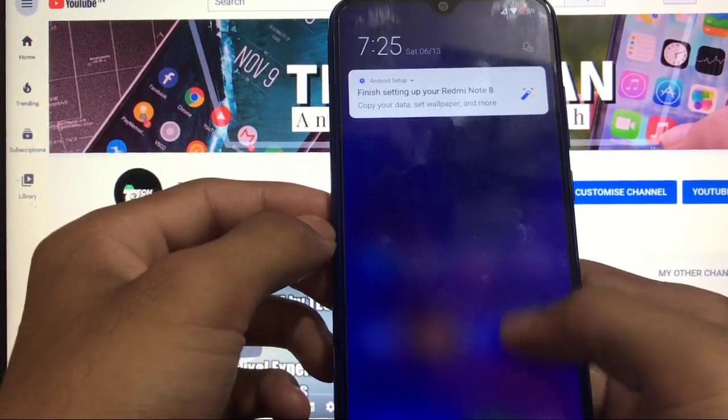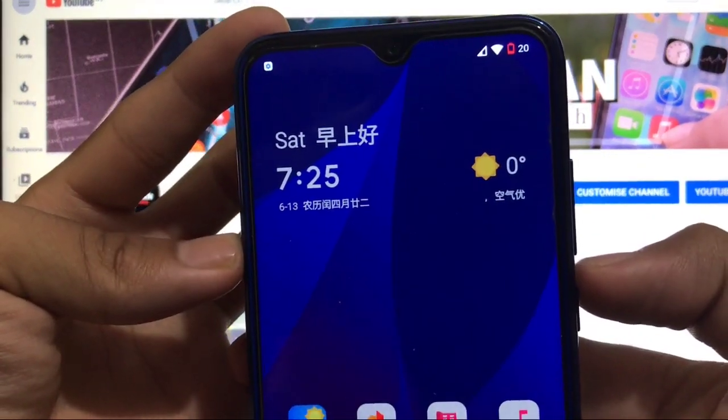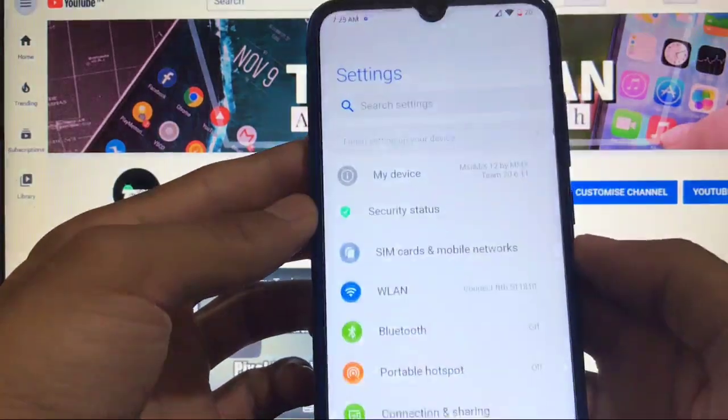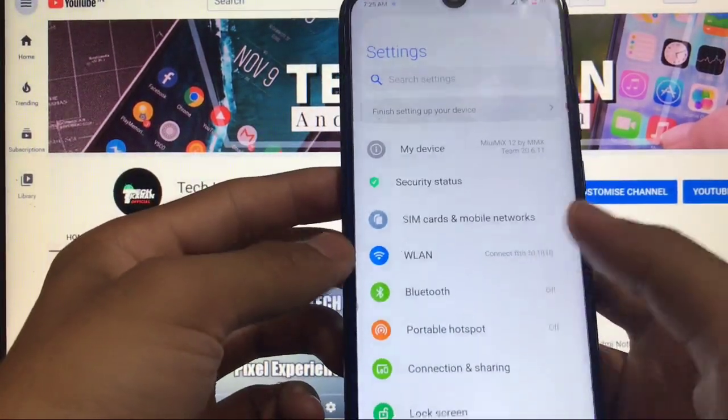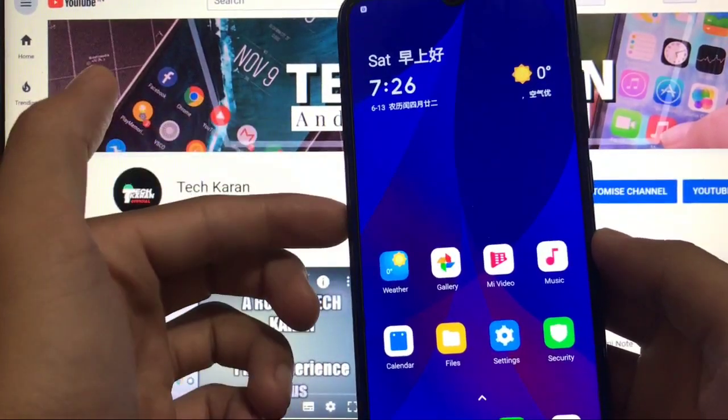These are the things you get here, and as you can see, the screen is dimmed because we have low battery. This setting option is also available here. So these are the cool things which you get here, and this is the theme. I think there are a lot of things available. Just go and try it out.